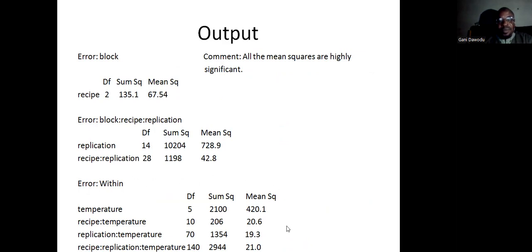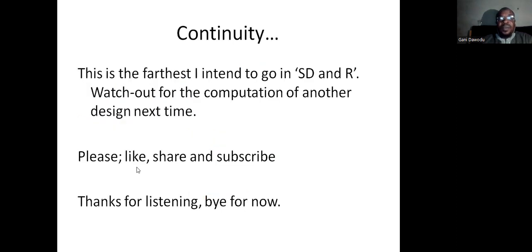Well, there's not much to be discussed in here because all the mean squares are highly significant. So that's why I didn't bother providing additional probability and t values. They are highly significant. And that's the way it's done. When you rerun it, you will see how it works. This is the farthest I intend to go